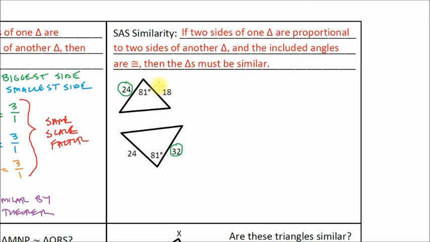And then the only other side that's left is 18, and that goes together with this side. The third side is not marked, and we don't need it. We just need two sides. All right, let's check our scale factor. So now I'm going to go ahead and do like I've done before. I'm going to take the big side of the first triangle and divide it by the big side of the